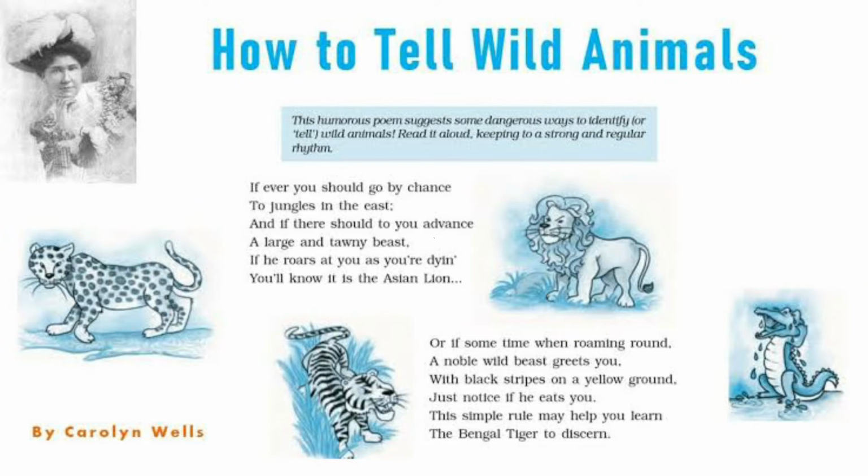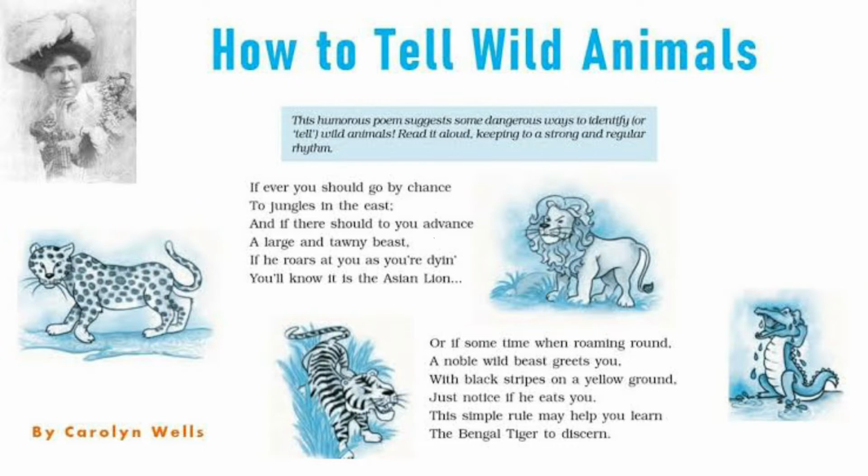The poem consists of 6 stanzas, and in each stanza, a wild animal is defined by its characteristics and features. The poem is like solving a puzzle and identifying the animals, which makes it exciting and funny. In the first stanza, the poet asks the readers how they would recognize the various animals of the jungle if they go to the jungle.